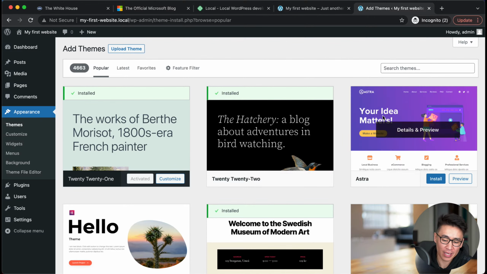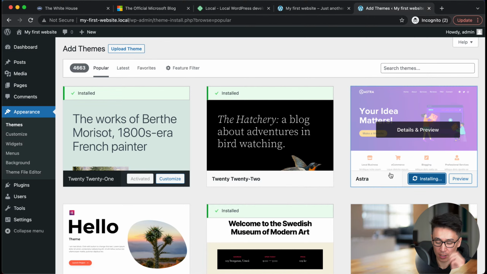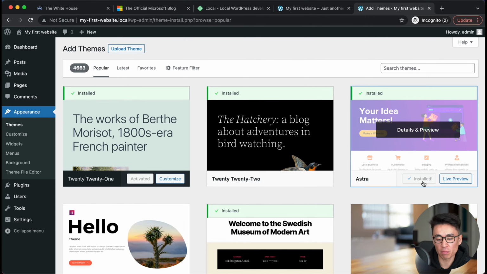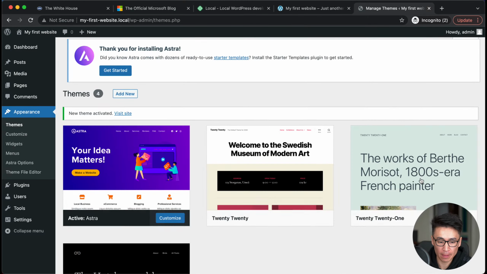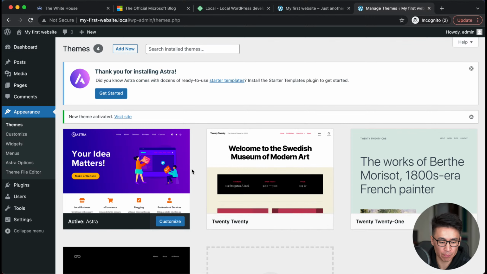And this is the one, Astra. Last time I checked, it was the most used free theme here. So press install. In the description below there is a page about Astra, which explains it more. But activate it. Okay. And Astra also has customized widgets and menus, and I'll go into detail later in a different video.